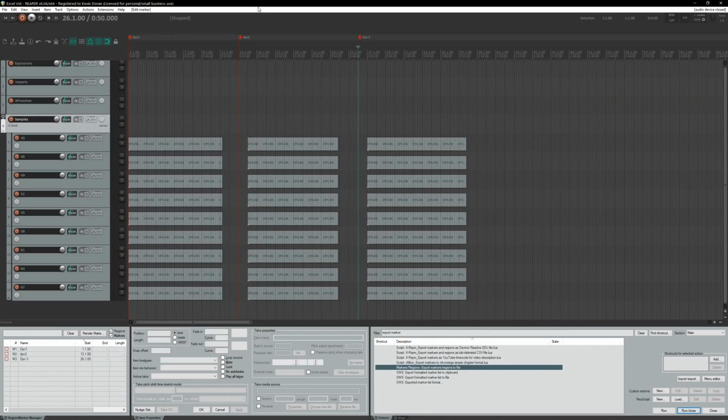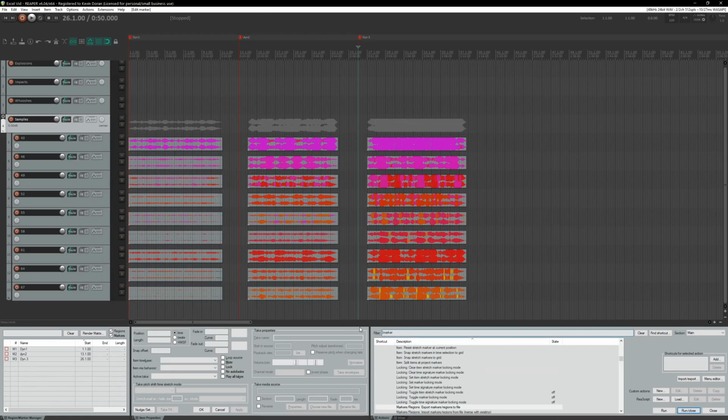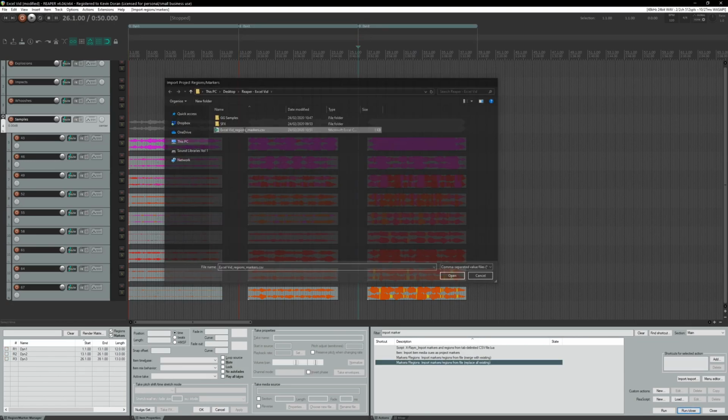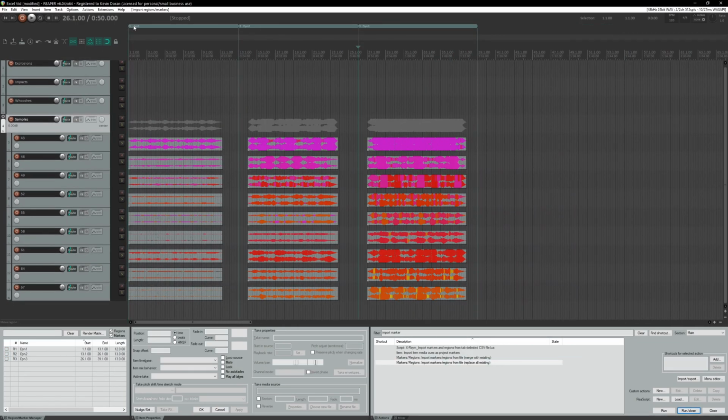So we'll save that now. And we'll just do the inverse of this, which is import marker. And we have two choices, either merge with existing or replace all. I tend to replace all. Merge with existing might be helpful if you're just adding in new markers, but in this case, we just want to replace. So we'll do that, select, and we'll see that that has now updated all of these so that these are all consistent. And we also have regions now, which is quite handy, especially if we want to render